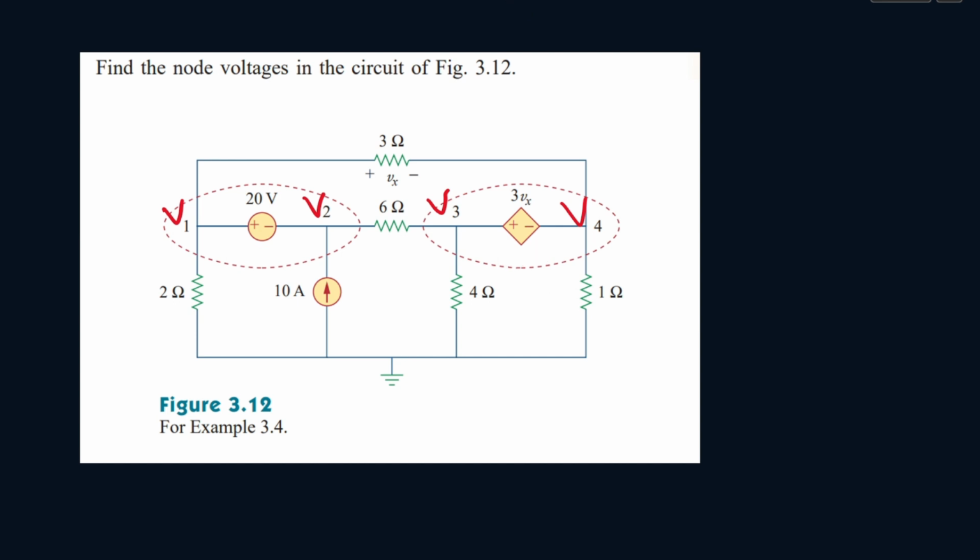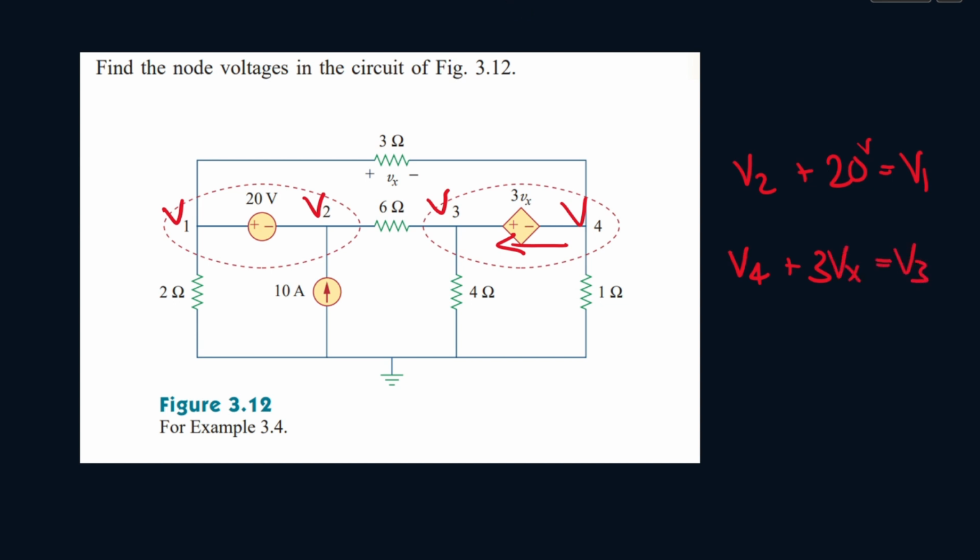Let's write the equation for this 20 volt source. If the current is moving in this direction, it leaves through the positive terminal. So it'll be V2 plus 20 volts equals V1. It increases by 20 volts. And the same thing here for this dependent voltage source. As current moves in this direction, it increases by 3Vx volts. So it goes from V4 plus 3Vx